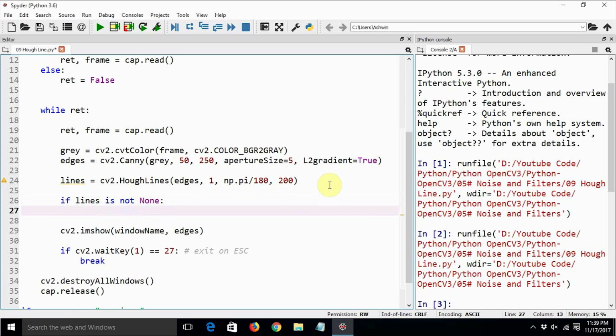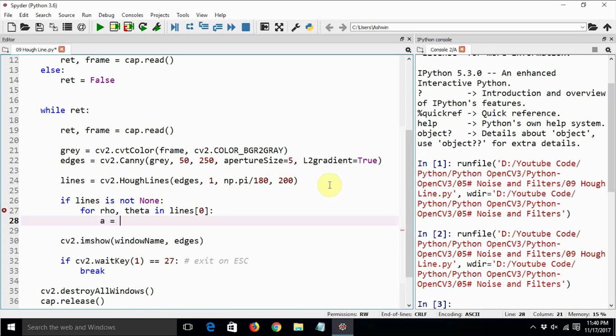Every time it reads an image, it converts it to grayscale, then calculates the edges using Canny, then calculates the lines, which will be in polar coordinates, and then we convert them into x and y coordinates. That is the logic. So for rho, that is r, and theta in lines[0], a equal to np.cos of theta.